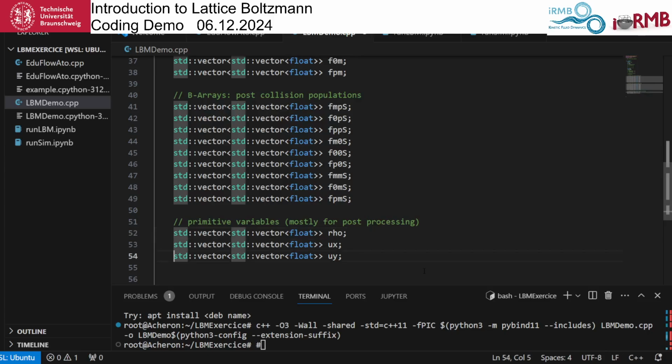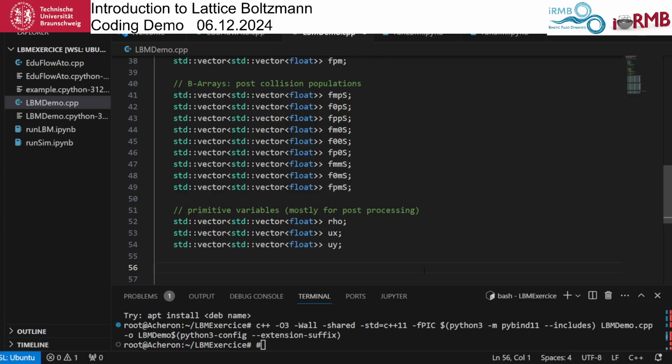Okay, so now comes something: we want to be able to transfer this data, which is now in the C++ matrix, to Python. And in order to be able to do this, we have to do a little bit of infrastructure